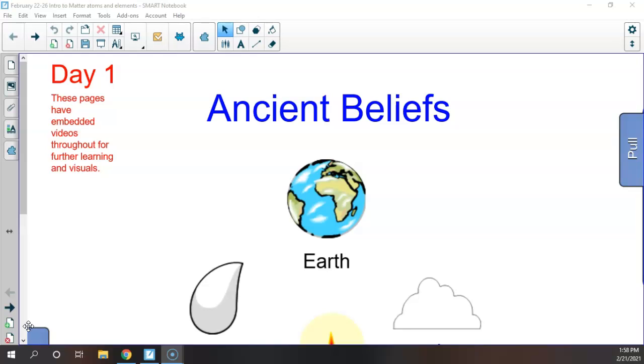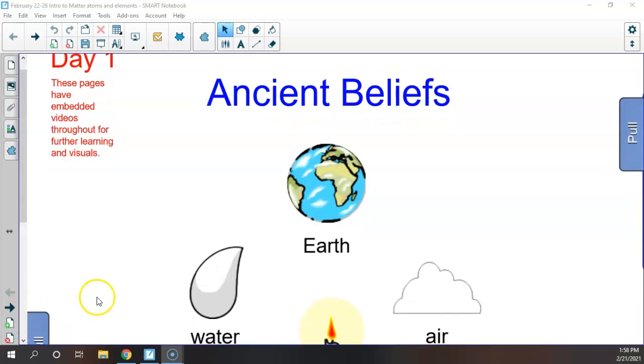This week we will be beginning our 3-week study of energy and matter, which is what our world is made of. It is either energy or matter, whatever you can think of, whatever you can look at, touch. It will be either matter or energy. So we will be starting with matter. And so we're going to start with